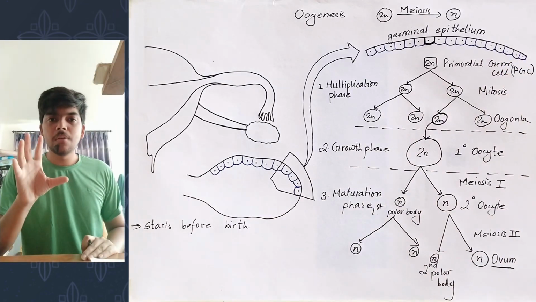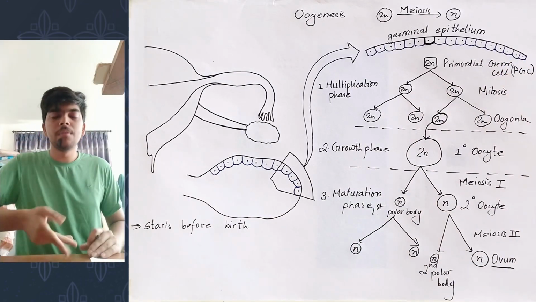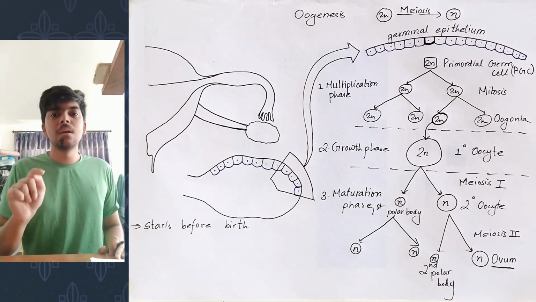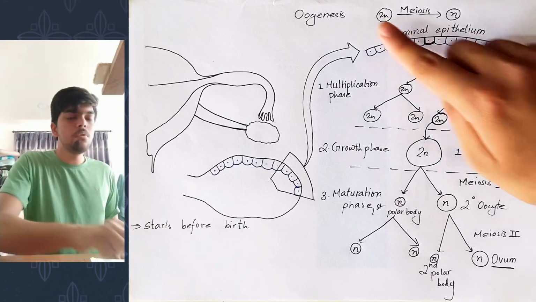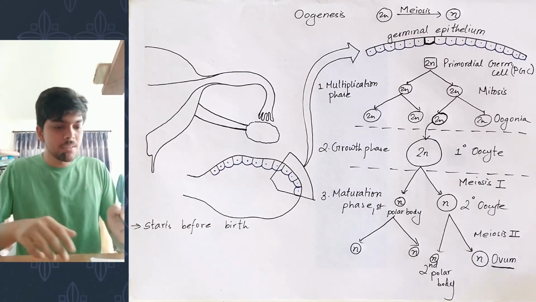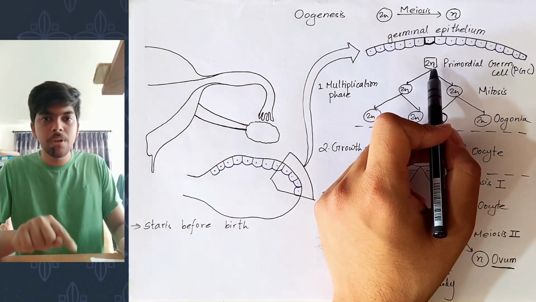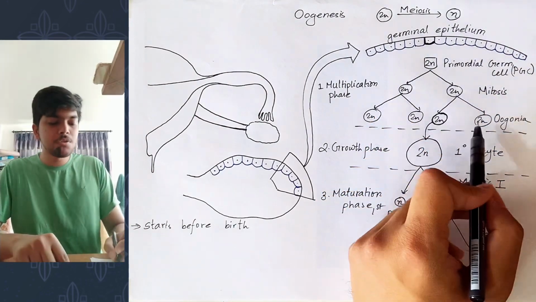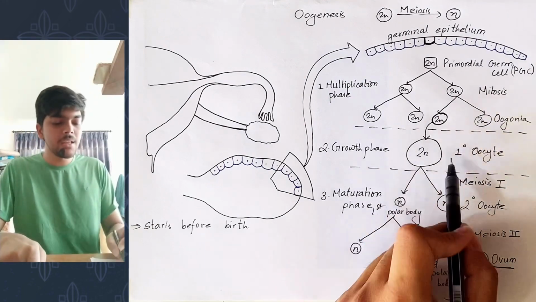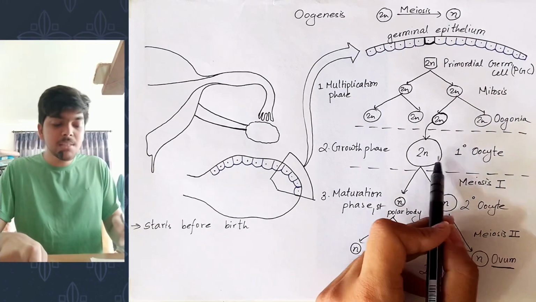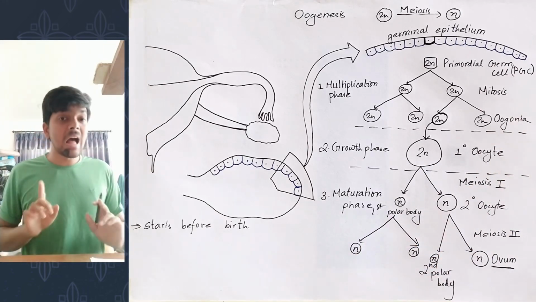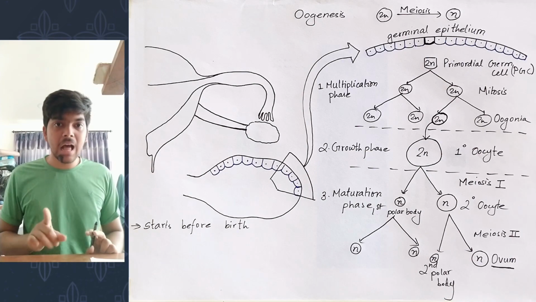So there's the female fetus inside the womb of the pregnant mother, right? Inside the ovary of this female fetus, the process of oogenesis, or the process of formation of egg, begins. There's the primordial germ cell inside the ovary of the fetus, which gives rise to many oogonia, out of which few oogonia enter the growth phase and give rise to primary oocyte. And this primary oocyte enters meiosis 1 to form secondary oocyte. However, I repeat, however,